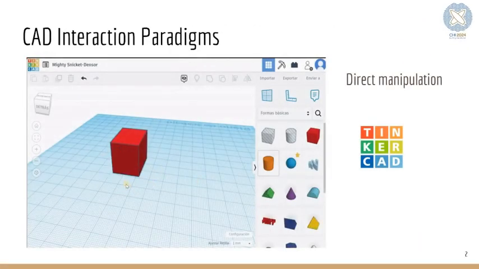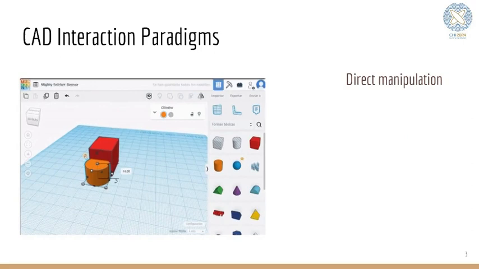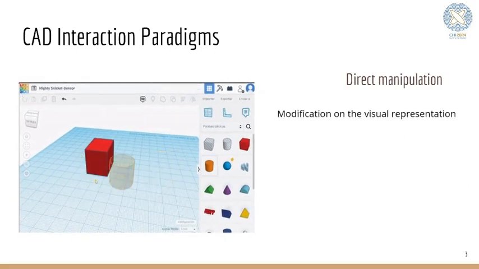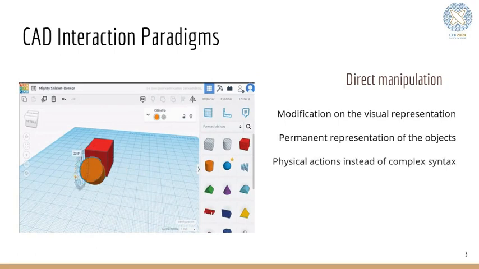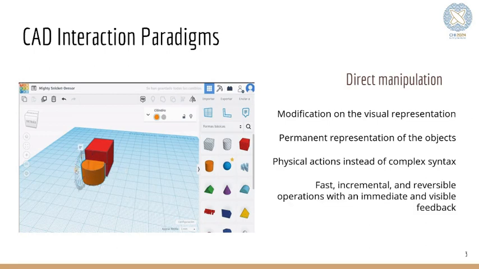Most CAD applications provide a direct manipulation interaction paradigm to communicate with a user. Direct manipulation allows users to modify the models directly in the view. It provides a permanent representation of the objects that the user is modifying. Direct manipulation provides physical actions to perform modifications such as clicks, pointer movements, or drag and drop. The design process is incremental, and operations are reversible with immediate feedback for users to assess the impact of their